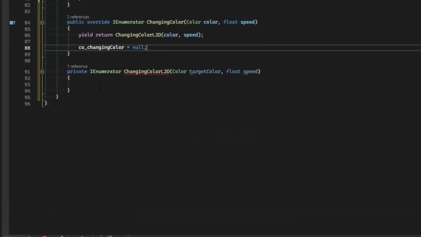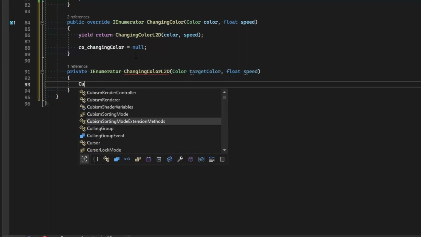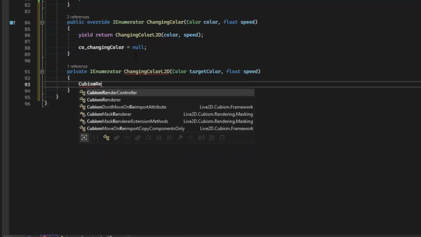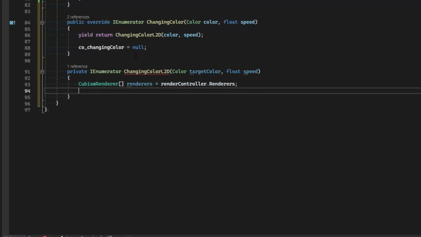So what's going to go inside of here is going to be the actual logic to run on each of these Cubism renderers. The first thing we're going to do is cache all of the renderers inside of an array. We can do that by defining a new Cubism renderer array called renderers and setting that equal to our render controller renderers. And now let's grab the start color from the renderer, the very first one. That way we know which color we're starting from, so we'll have our source and our target color. So color start color equals